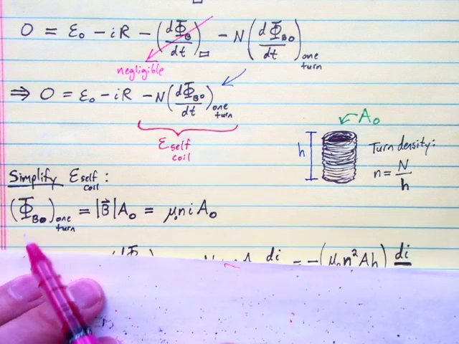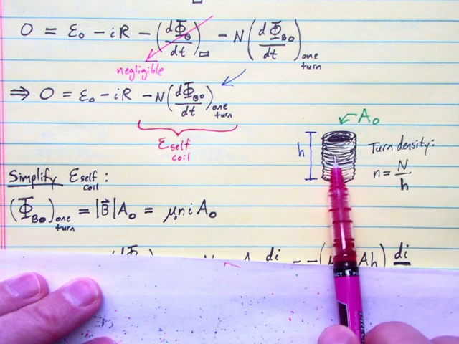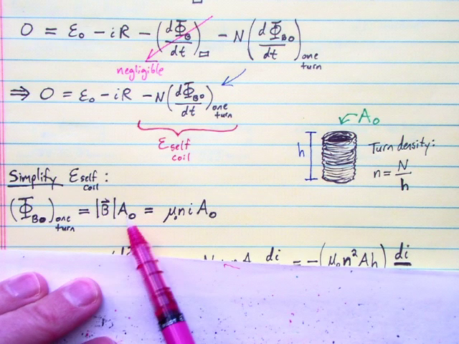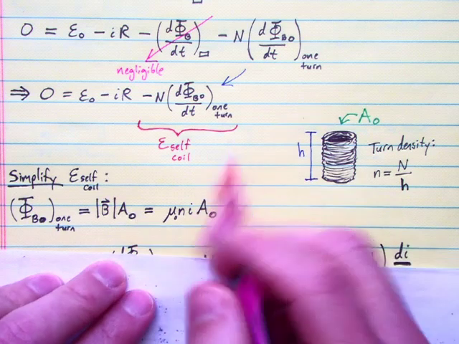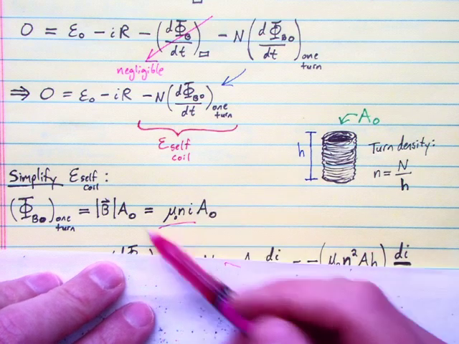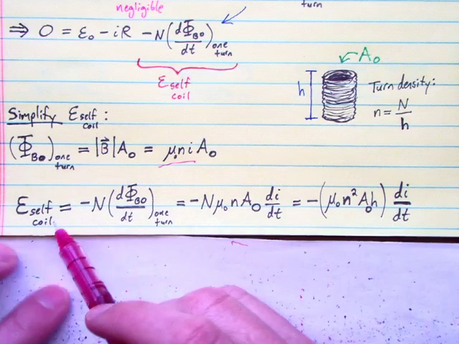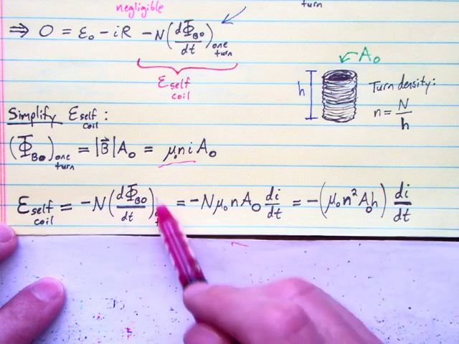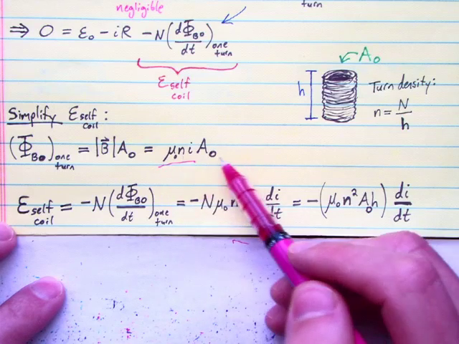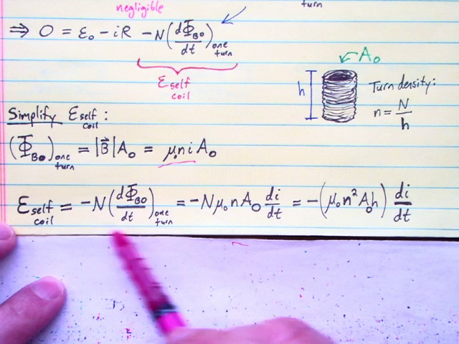Starting with the flux through one turn, well, we know our magnetic field inside an ideal solenoid is uniform. So our magnetic flux is just the strength of that uniform field times the cross-sectional area. And from Ampere's law, we get mu naught n I for the strength of the magnetic field. Okay, so that's our flux through any one single turn of the coil. Now our EMF will be the opposite of N times the rate of change of this flux. So we want d/dt of this expression. Mu naught, little n, and A are all constants with respect to time, so d/dt just acts on that current I. So this becomes